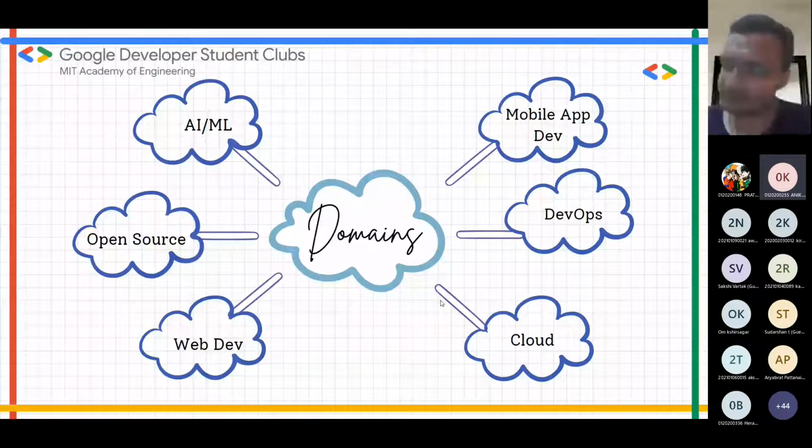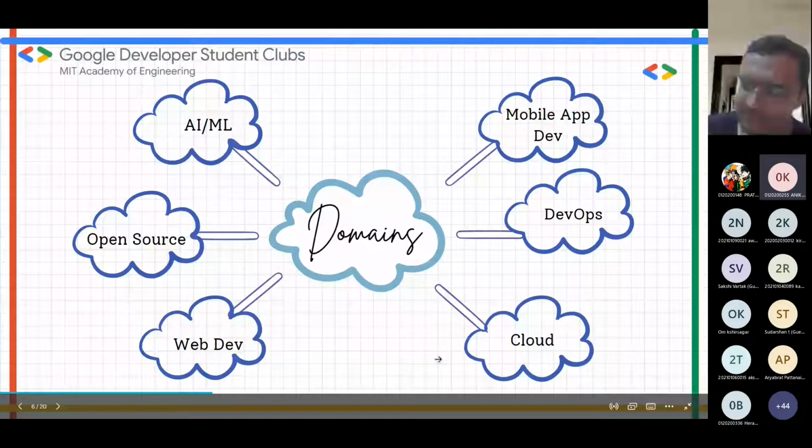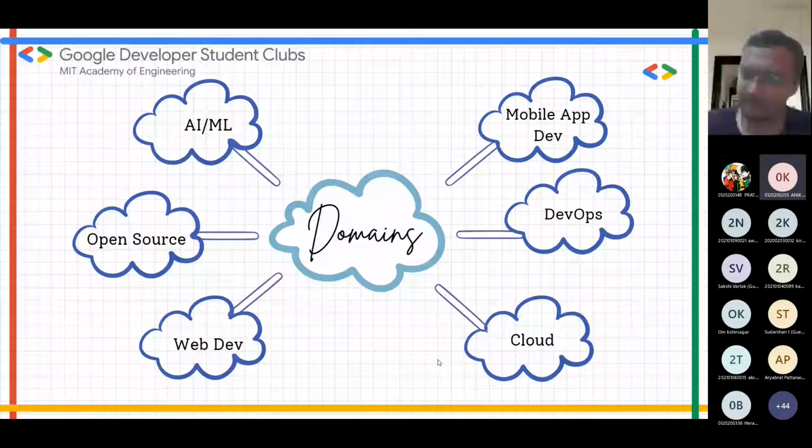AI and ML, these are the buzzwords basically. Right now, AI and ML is one of those things that everyone wants to learn but doesn't exactly know where to begin. AI is artificial intelligence, and machine learning is a subset of AI. You try to mimic the way a human brain works in code. Instead of feeding the code, you give it the problem and the solution, and the computer figures out how to reach that solution. We'll be learning all about the algorithms that go into this, how to train your model, and different ways of training and testing these models. We'll be covering more about them in future sessions.